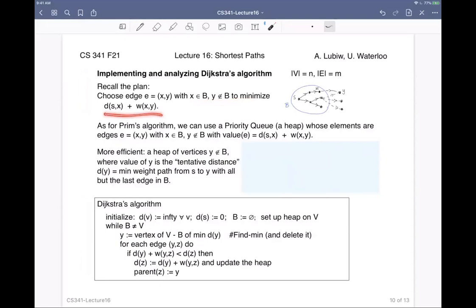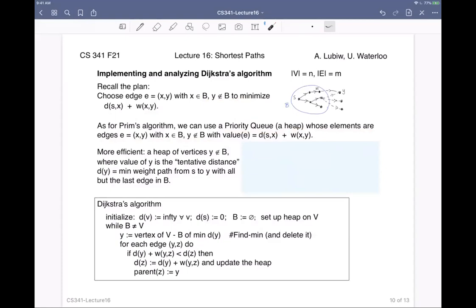This is what I was calling D. And as for Prim's algorithm, if I want to implement this, I can use a priority queue, in other words, implement it as a heap, where the elements are the edges that leave the set B. So the edges that are in delta of B, using the notation we had before. And now, rather than just saying the key or the value of an element in my priority queue of an edge is the weight of the edge,